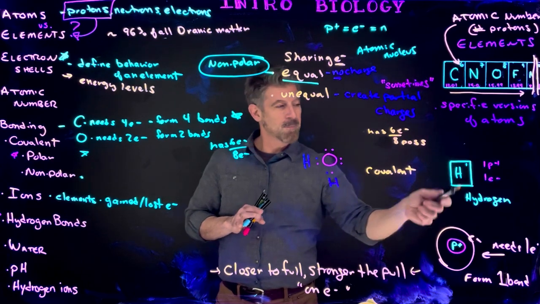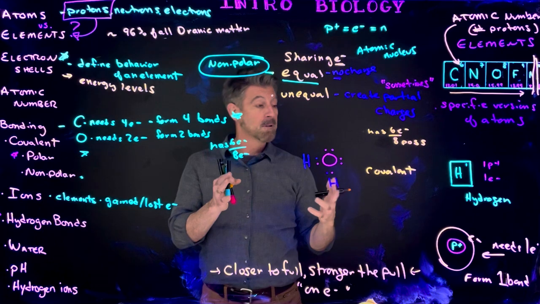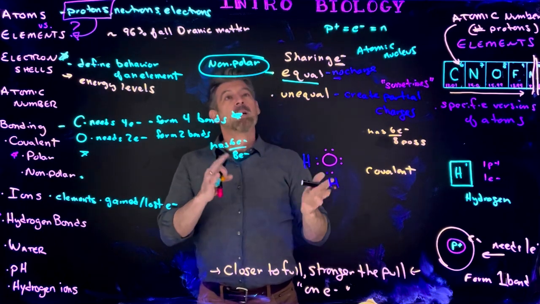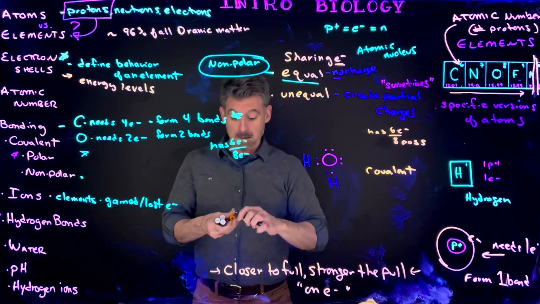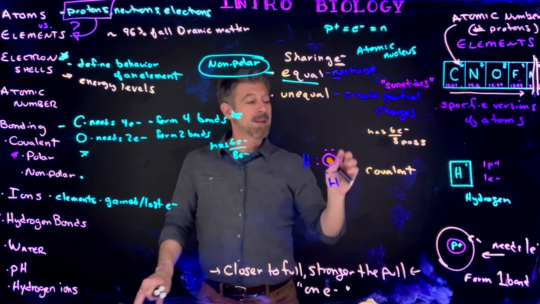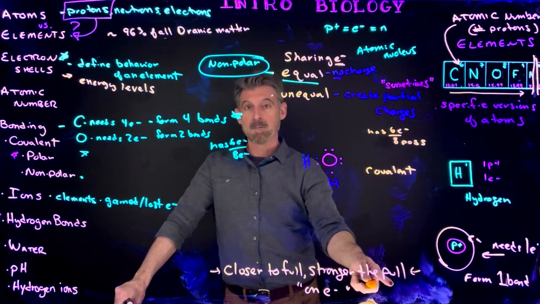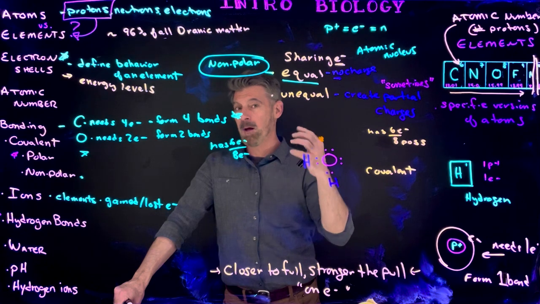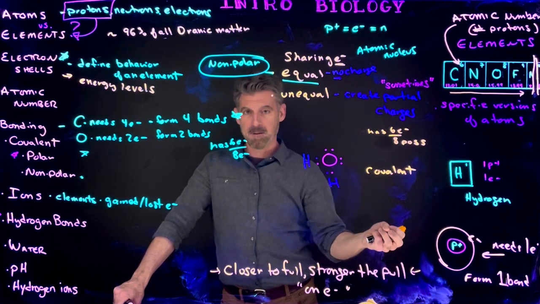Now technically you might say, but hydrogen only needs 1 more, so isn't it closer to being full? And you're correct if that's what you think. And like I said, you are correct. It's not just what you think, it's what you know, because that's accurate. Except, where does the pull come from? So think about it. What is actually pulling on the electrons? If they're negative in terms of charge,